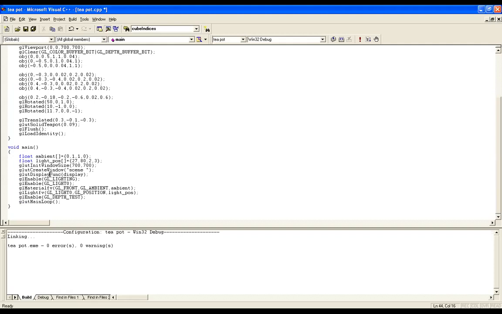But before going to the display function, let me explain glEnable. What is the work of glEnable?